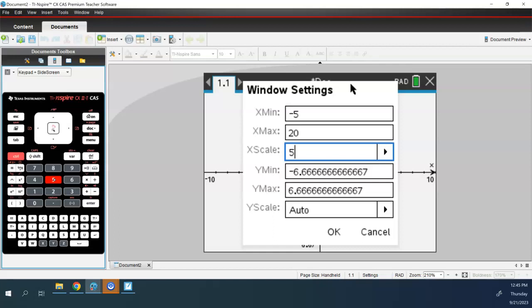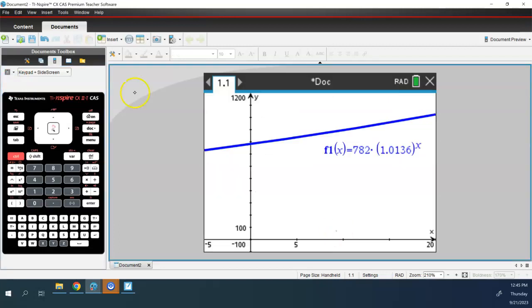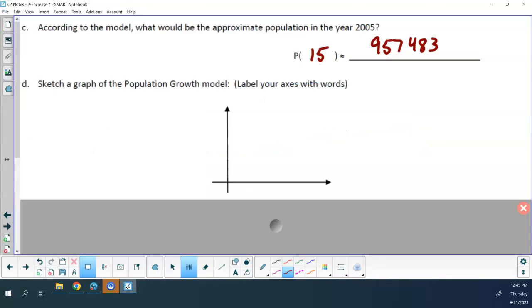So what do you want to go with? 1,000. Okay. So for me, because I like to see my axes, I'm going to go here, negative 100. And I'm going to go up to 1,200 by 100. Okay? So it's not very steeply growing, right? So when I come back here to sketch my graph, it's more of a flatter type growing, yet still growing